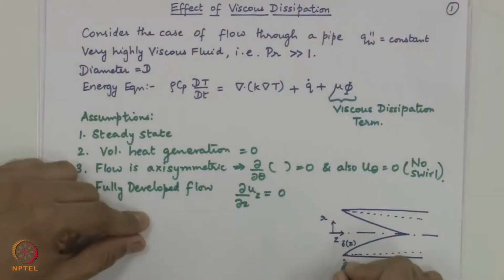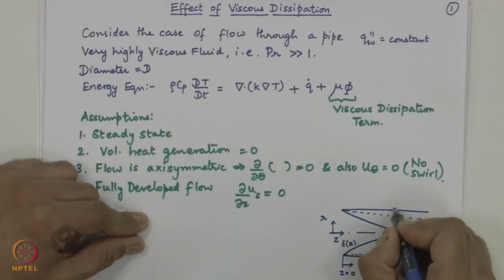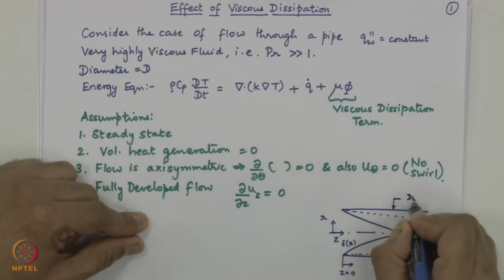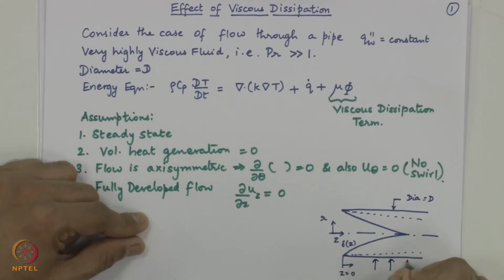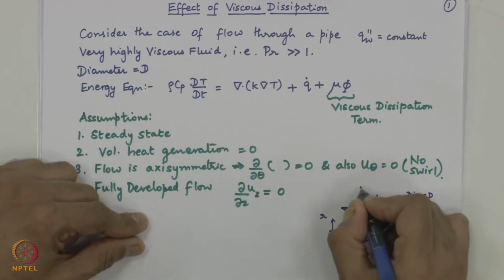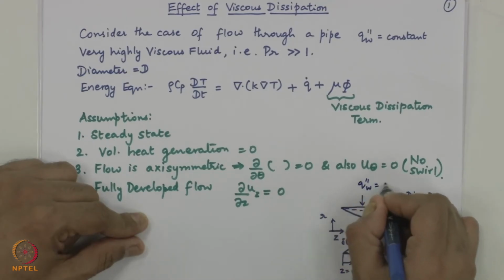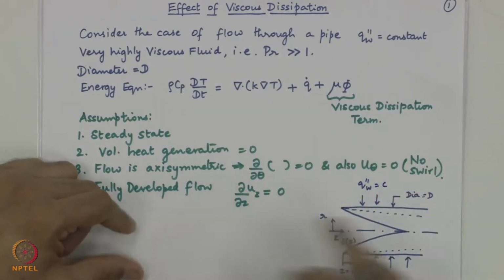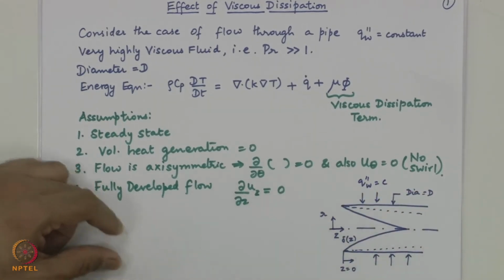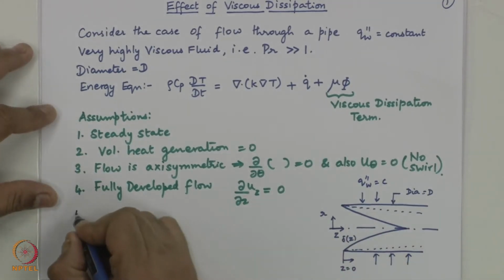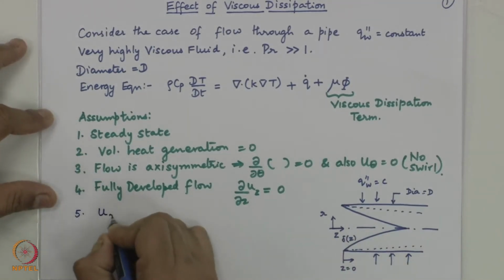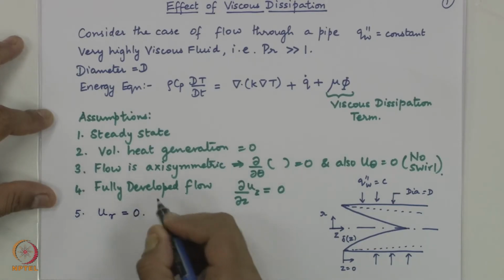So, uz, axial direction velocity, this is z equal to 0, okay, and this is my diameter, dia is equal to d, and this pipe is subjected to constant wall heat flux. Okay. So, du z or simply du by dz equal to 0. So, we also have u of r equal to 0,